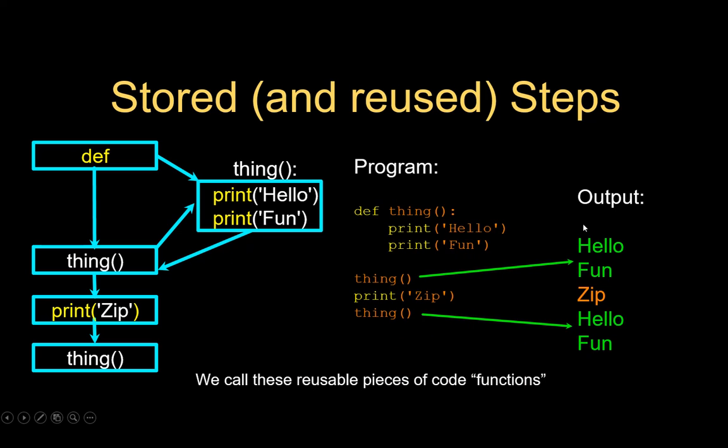So in programming languages, a lot of time we need to store and reuse certain steps. To do that, we have two ways. The first way is just to write a piece of code several times in multiple locations, and the other option is that we define that piece of code as a function and we call that function wherever we need that. So the way that we define the function in Python is by